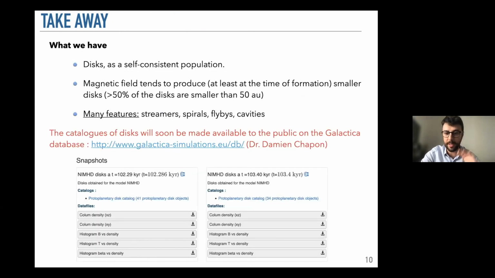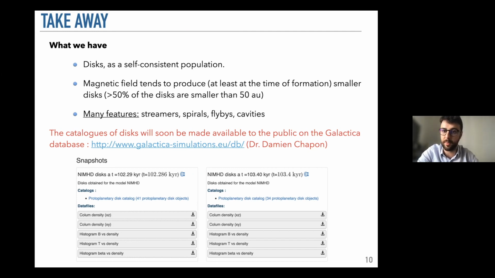So I would like to make a small takeaway message here. In these simulations, the most important point, I think, is that we are now able to form disks as a self-consistent population from a single calculation. And this calculation can be compared with the observed population of protoplanetary disks, and we intend to expand our parameter space exploration a bit more. We have found in this calculation that magnetic fields tend to produce more small disks,